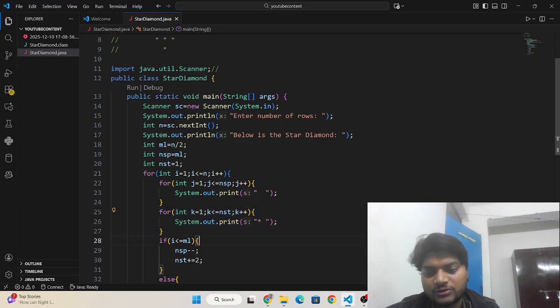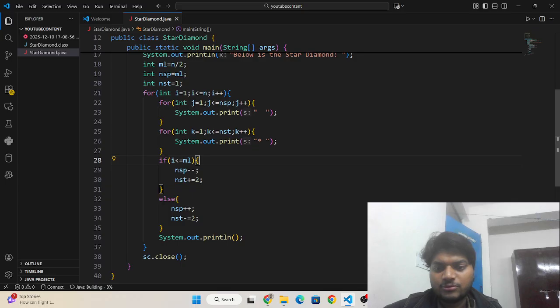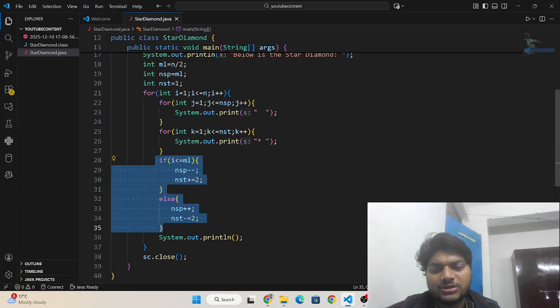Now, to control the printing of the number of spaces and number of stars, and to update them while moving from one row to another, I have used a conditional statement, an if else condition.